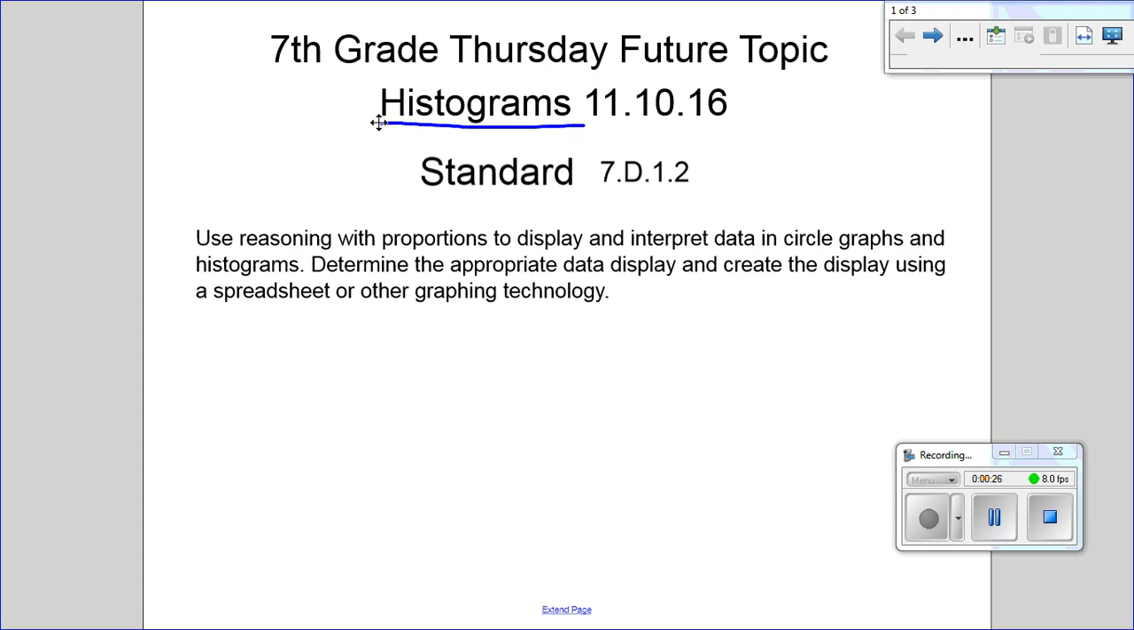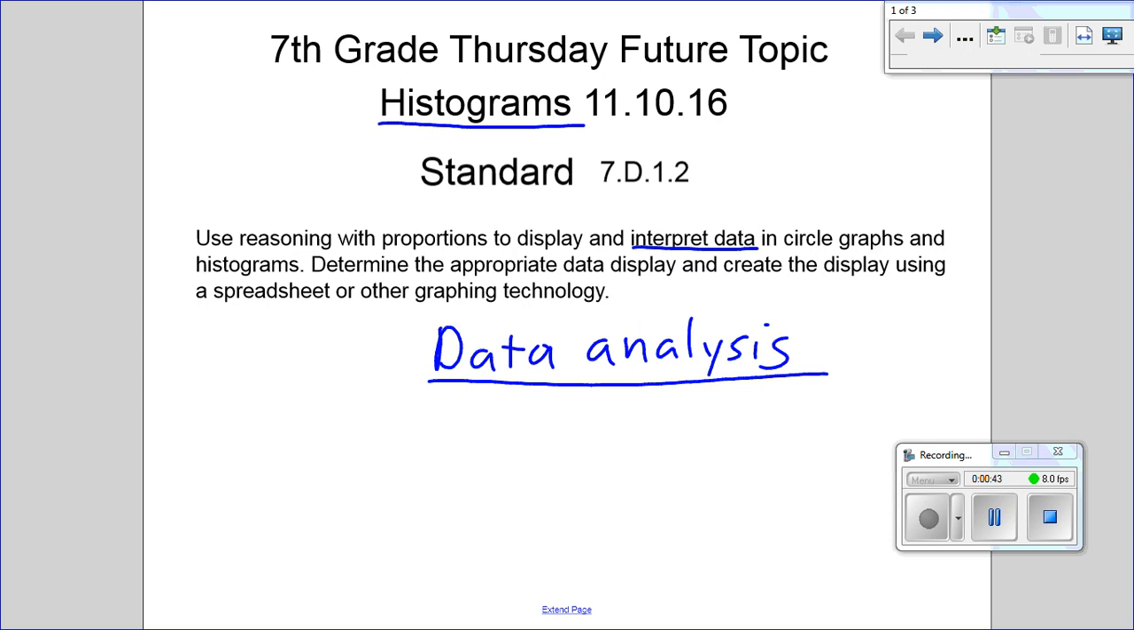So histograms are a way to interpret data, or it's a part of what we call data analysis. Okay? So you don't need to worry about what that means yet. We're going to get into that. But this is also entering into the land of what's called statistics. Okay? So, what do we mean by data analysis and histograms and statistics and all this stuff? Well,